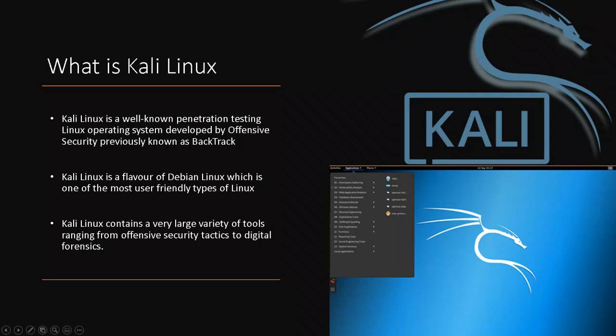So I'd like to start off with what is Kali Linux. Kali Linux, previously known as Backtrack, has been developed and maintained by Offensive Security and is one of the leading penetration testing operating systems alongside Parrot and BlackArch Linux. Kali Linux is also heavily packaged with ready-made, installed tools for offensive security tasks and digital forensics, which can